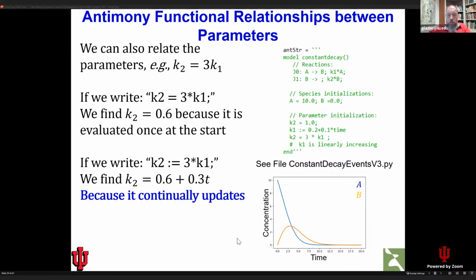So one thing that we've done quite a bit is we've said K1 equals 1. We could say K2 equals 3 times K1. That would work. Now, one thing that's a little unusual in a declarative language is that the order of execution doesn't matter for most lines. And so if I set K2 equals 3 times K1,